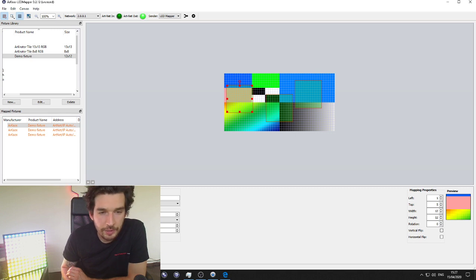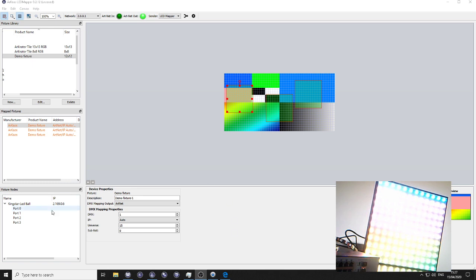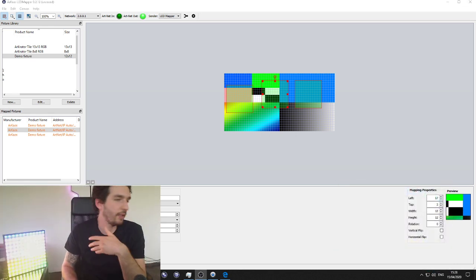Okay, if I switch back to the window right here, you can see fixture 1 starts at the address 1, fixture 2 has jumped a subnet, on the next subnet, so subnet 1 universe 0, or if you are counting universe 16, the next one universe 1 subnet 1, so universe 17. Okay, so automatically the fixture will auto address after each other.